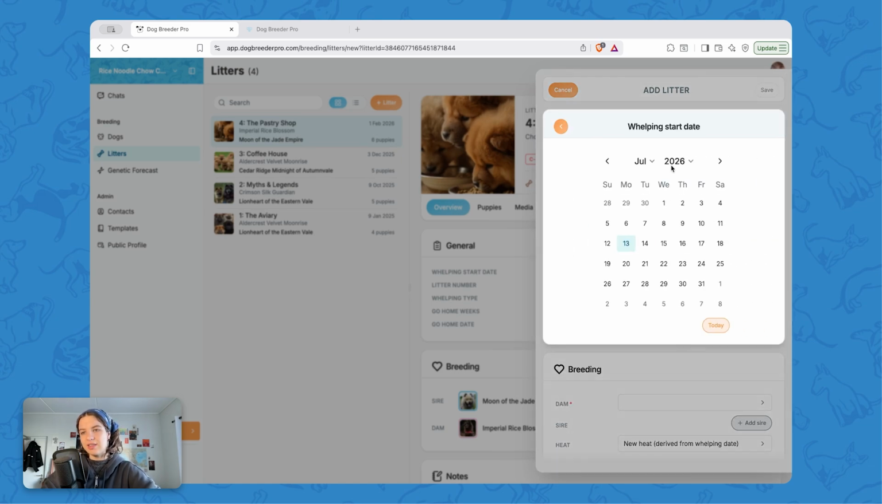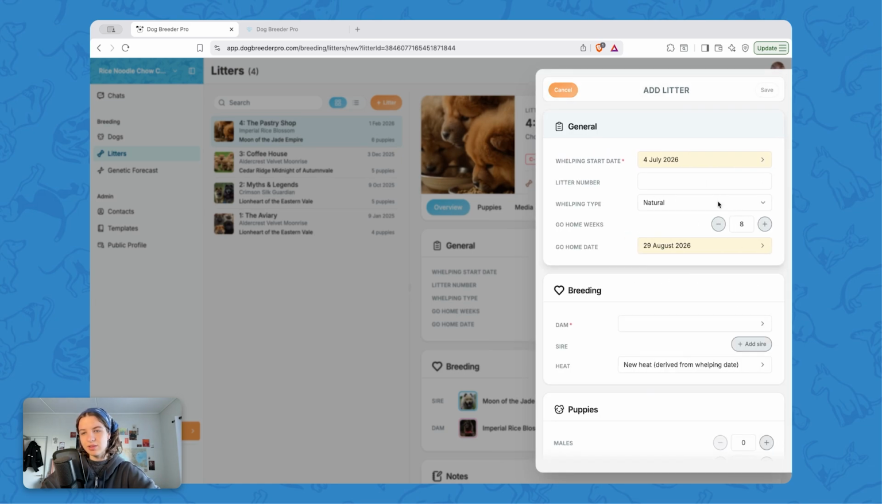So let's say I had a litter a couple weekends ago. For your litter number, you can input a number. This is a text field, so you can input a number like 5, but I would like to put names. I actually like to put a number and a name, but you can also just do a name like that. But what I like to do is input a number and then my name. The mystery machine litter, whelping type, your go home weeks, and then your go home date will be calculated for